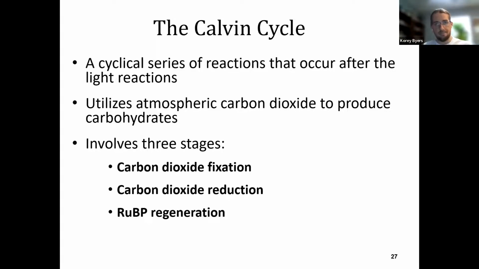We're not done. We have to make glucose. We have to store that in glucose. So the next part of the photosynthesis is the Calvin cycle, or it used to be called the dark reactions or light independent. So here we have to take those high energy compounds and store it in a big carbon molecule. Where does our carbon come from? Go back to your